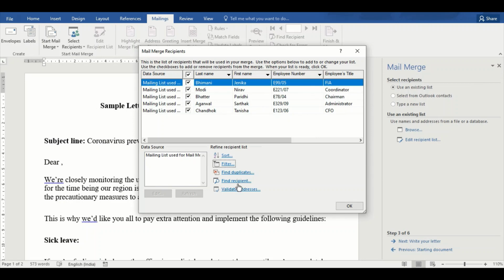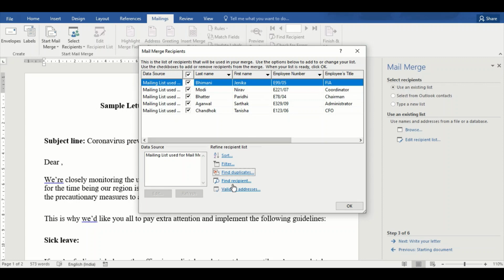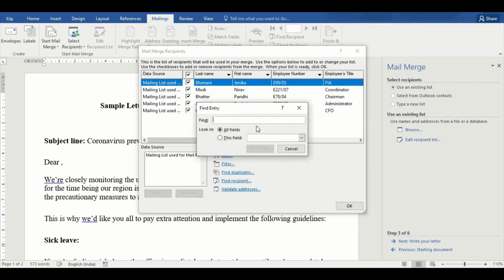Then I can find duplicates, I can find recipient. For finding duplicates, I don't have any, so it does not show me any. And then I can find a particular recipient like I did when I was making a list. In the same manner, I can find a recipient.